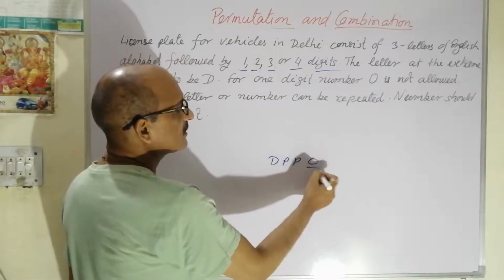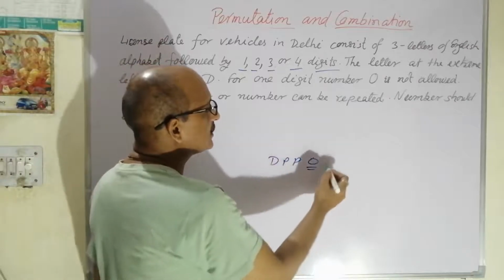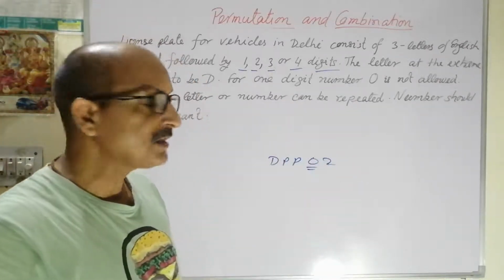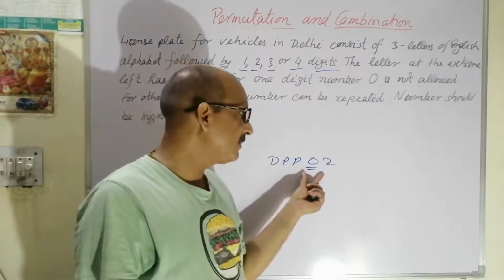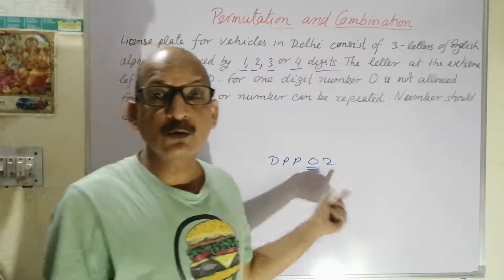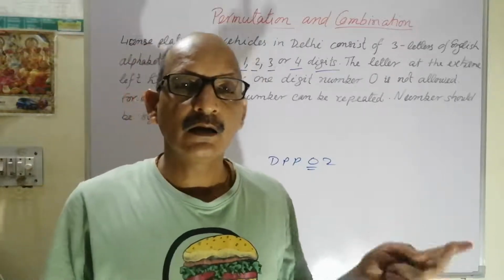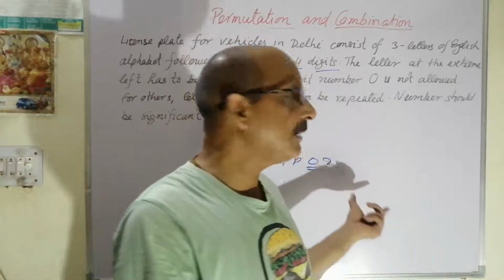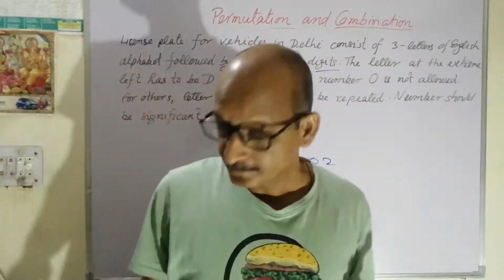DPP 0 is meaningless. Again we are taking here 02. It is a one digit number only. 02 means a one digit number. Because 0 at the extreme left in a whole number is meaningless. I am not saying here to go practically, because in different nameplates you have seen DL1P 004, that is another thing. But here we have to go mathematically. What the question demands, we have to supply accordingly.